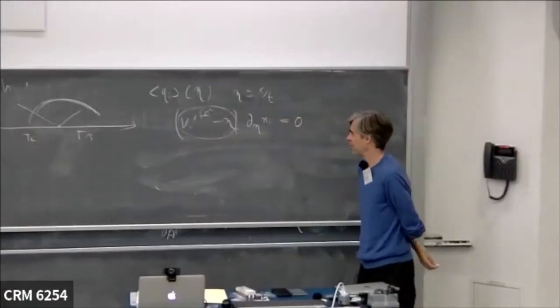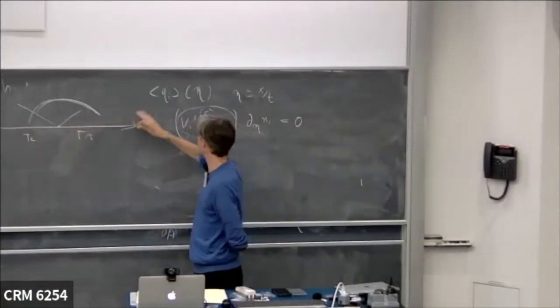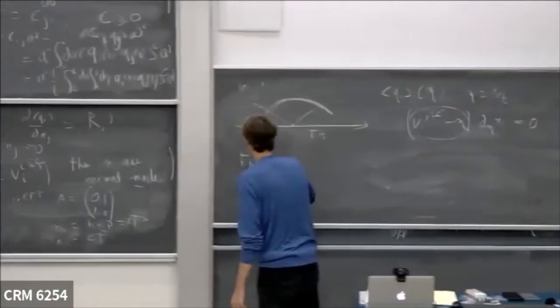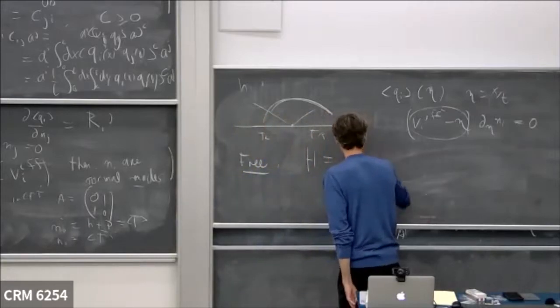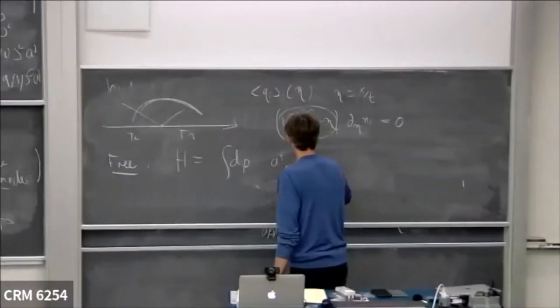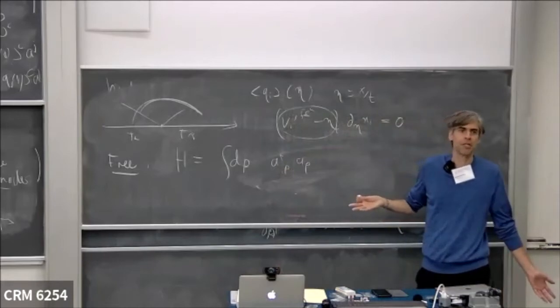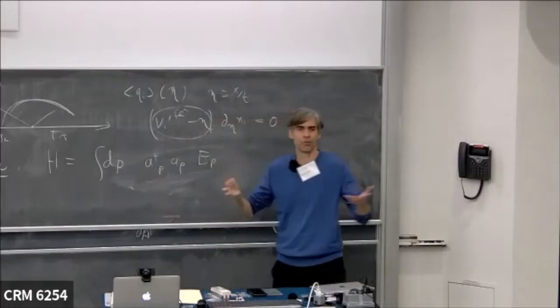Okay, so now, for free models, you can also do the same thing. You can write this equation and all that. But how do you do it for a free particle model? Well, suppose my Hamiltonian has that structure. Now I'm going to be maybe a bit less precise, but okay. I have these creation and annihilation operators, a dagger p and a p. The Hamiltonian has this form, times some energy e(p),